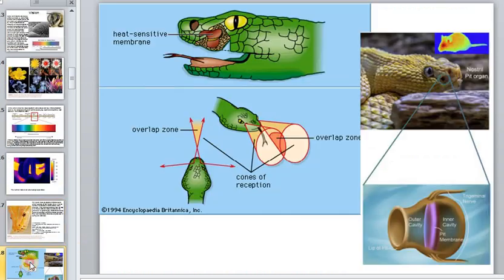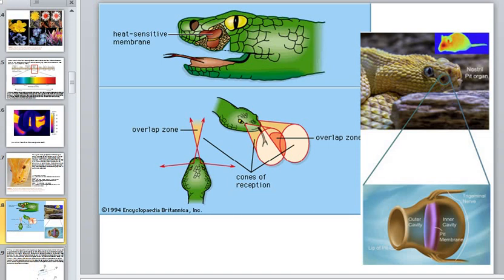And here we see this organ is even part of the face of the snake. The snake uses two parts here. This is the eye information, and this membrane here is very sensitive to these lights. And here we see how the animal can watch this mouse. Not only mice, any animals can be watched.